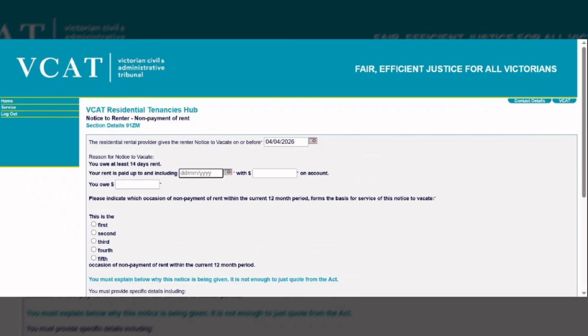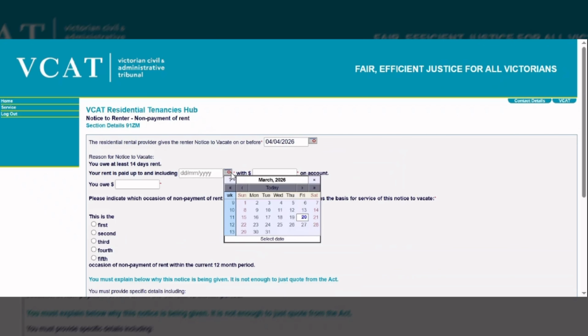Now you need to mention the reason to vacate. Here it is clearly stated that you owe at least 14 days of rent. If the rent owed is less than 14 days, you are not supposed to give that notice. Now, your rent is paid up to a date, so here you need to mention the effective date up to which the rent has been paid.